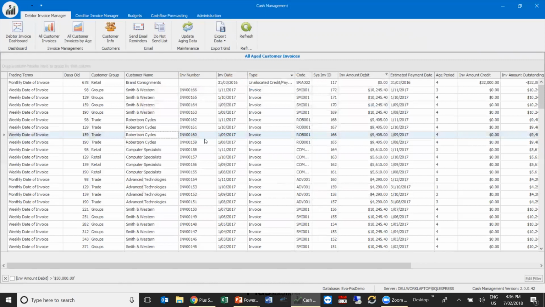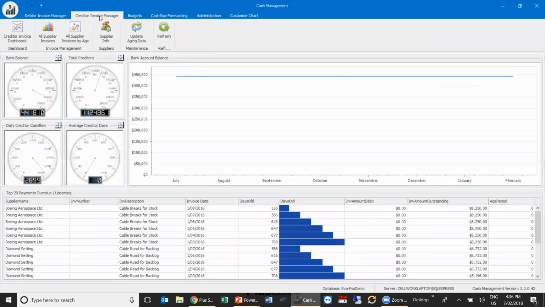So that is very easy. You can certainly export data, and you have the ability to update the data from the accounting software. So that is very, very cool. We also allow similar functionality in the creditor invoice manager as well, but we won't go into that in this